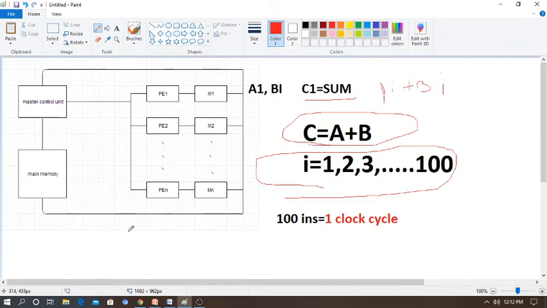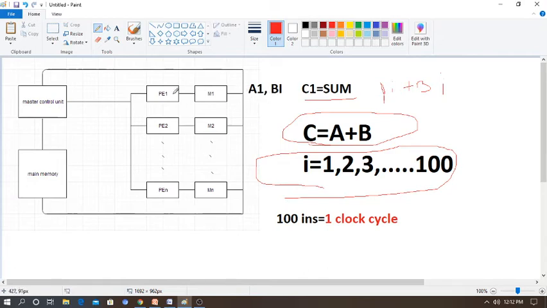And remember, the processing elements here consist of, by default, an ALU, floating point and arithmetic unit, and registers. Please take a pen and write if you want. And also there is the local memory. For the first instruction, the processing element will work, and the data will already be stored here, that is A1 comma B1, provided here.